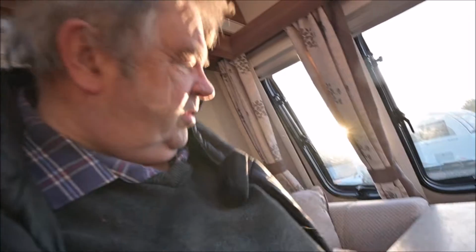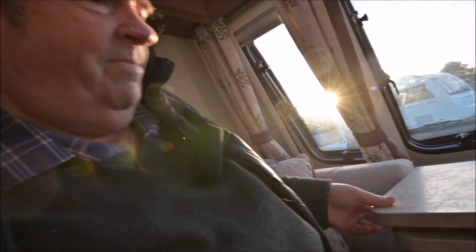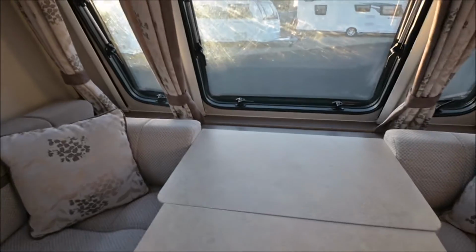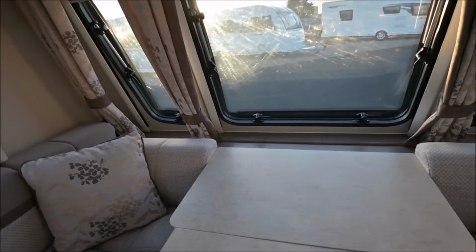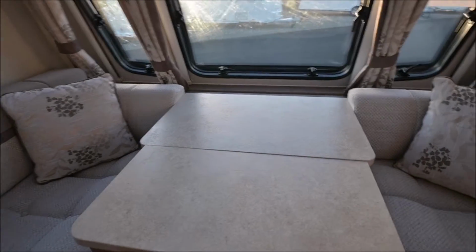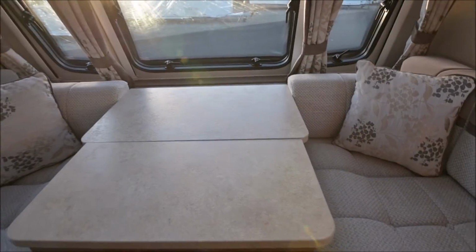Do you know what? What am I doing? I'm trying to hold the camera and open this up. Let's do it proper. That's it. That's better. Got stuck. So you've got that little table to use, which in my own van I always like using, actually. Even at meal times we've always used that. It's just putting mess, faffing around with a freestanding table. Anyway,